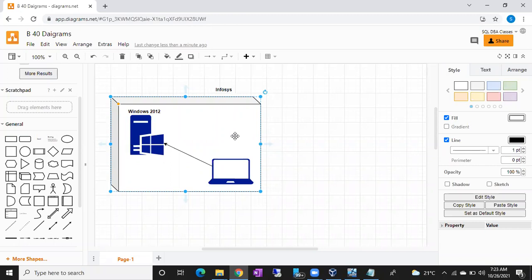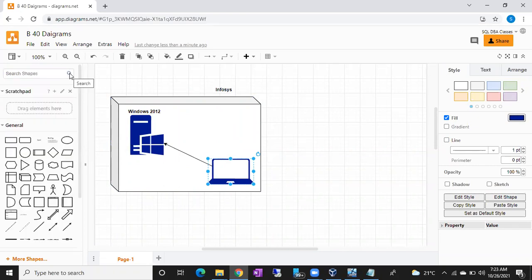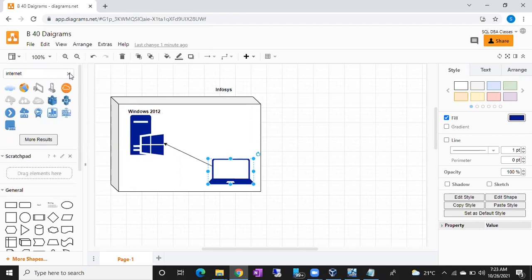Okay. So if you are working from office, you will be in the office premises, right? Your laptop will be connected to the office network, the office internet.